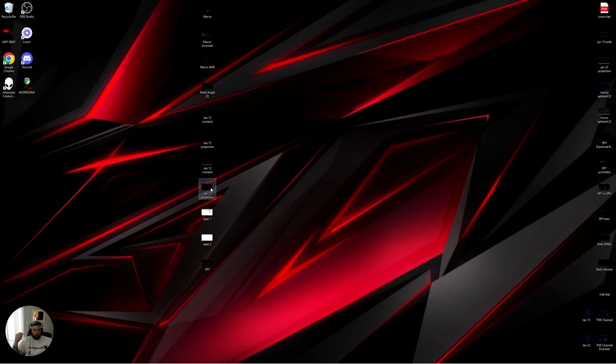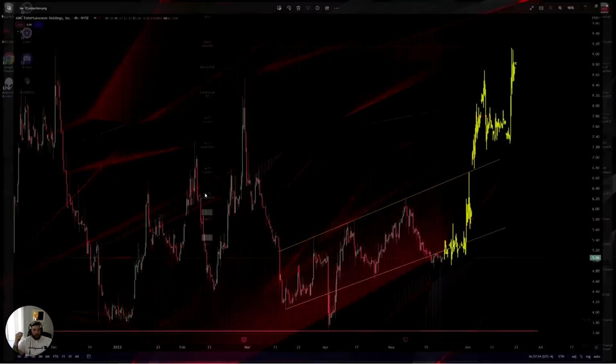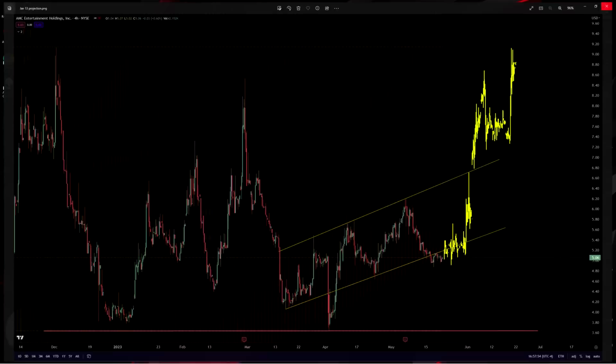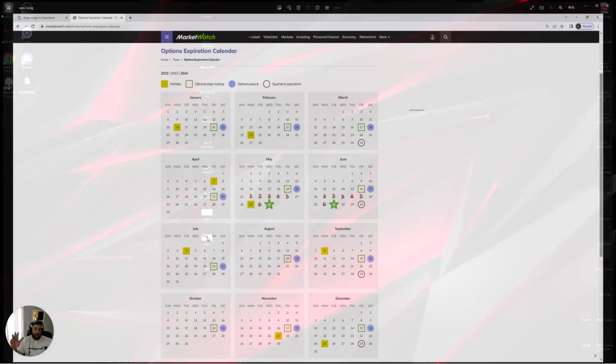If we're not, if we're in January 13th, what we're going to get is this chop, probably for all next week and possibly all of the following week, if not half. I'm assuming this is going to take at least a week for this to play out. So if we're in the January 13th sequence, we're going to have to play out all of this price action first, which would just be chop up and down this week. Probably next week, the following week, we would break back into the channel, play this out, and then gap up from there. If that's actually where we are,